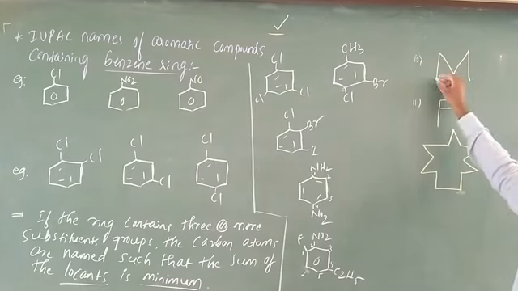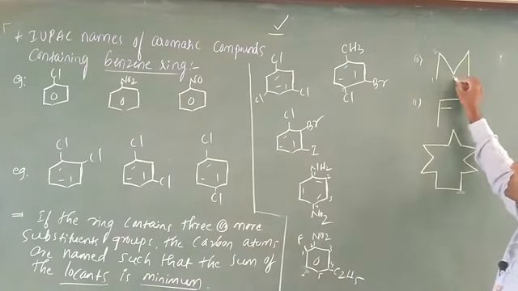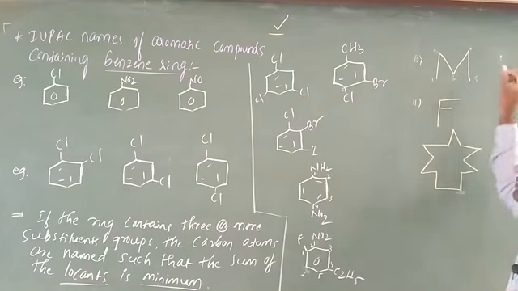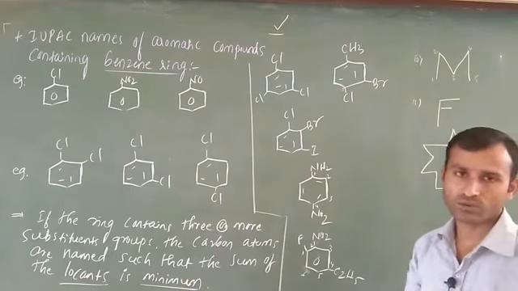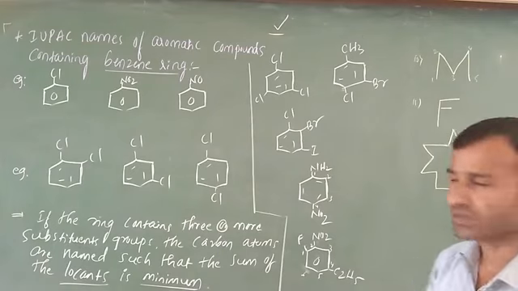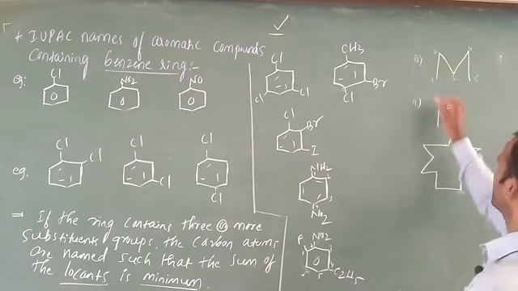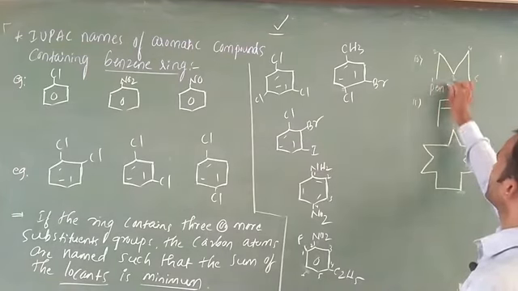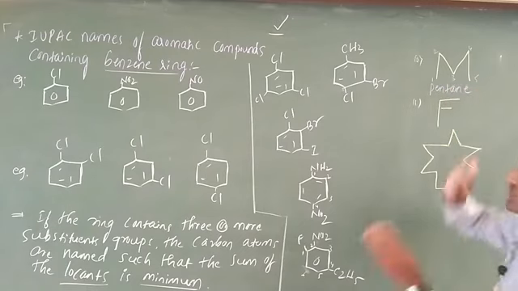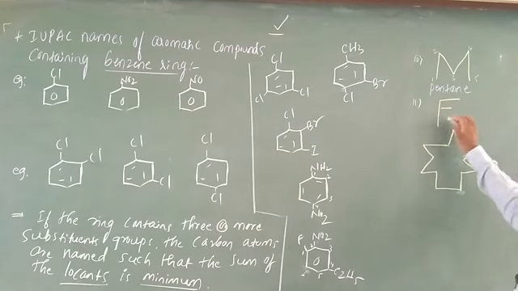Okay, you can start numbering from here or here, no problem. This is 1, 2, this is 3, 4, this one is 5. Totally how many carbons are there? 5. What is the name of this one? Pentane. Case closed. Very simple example. Okay, what is the name of this one? Pentane. Okay, very simple.